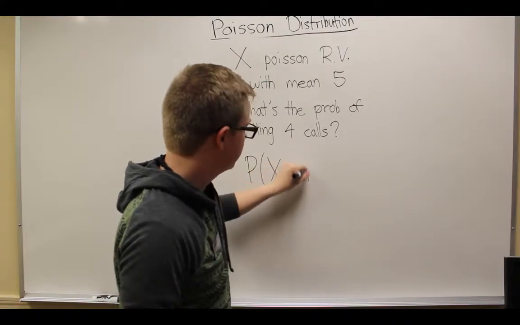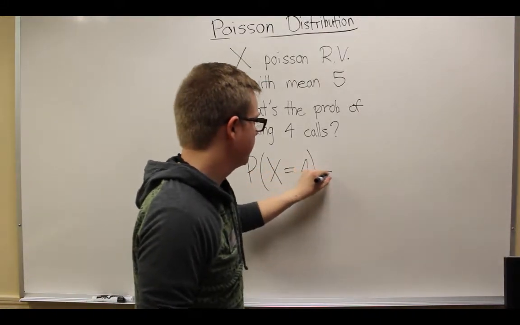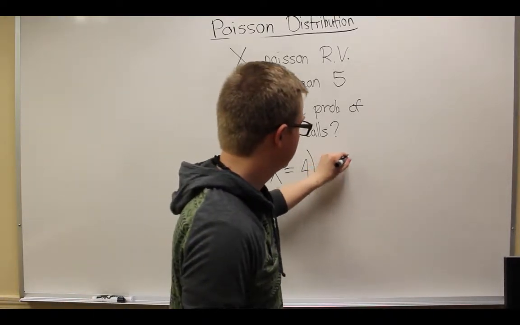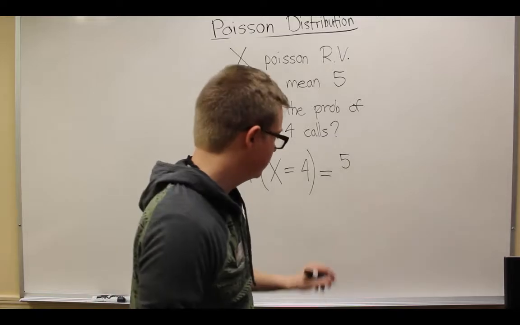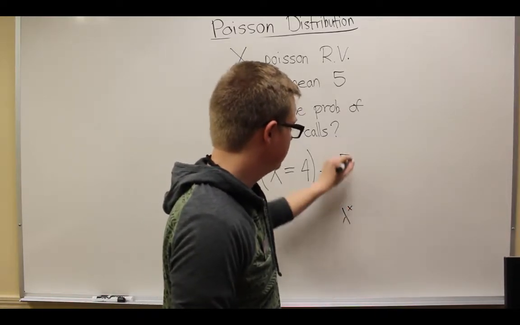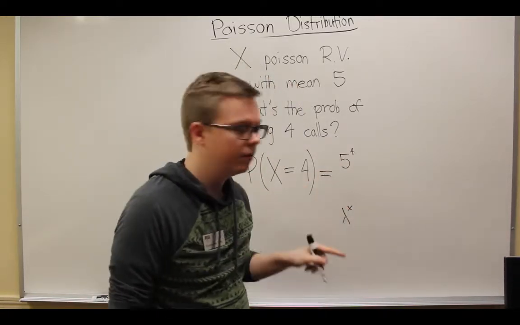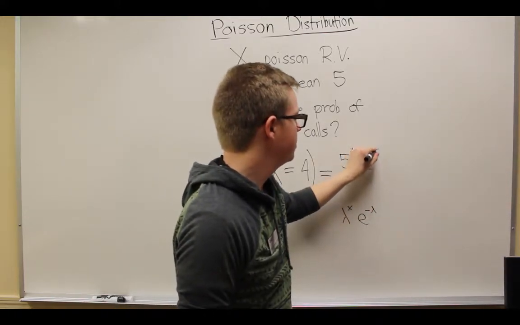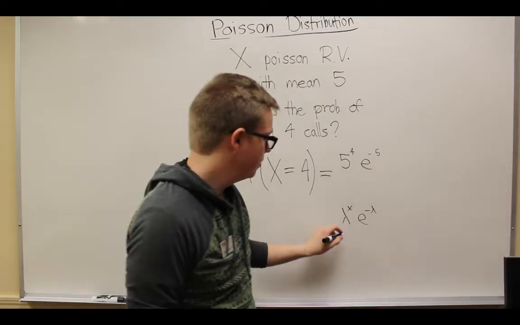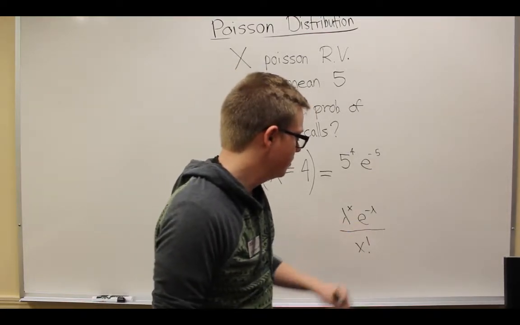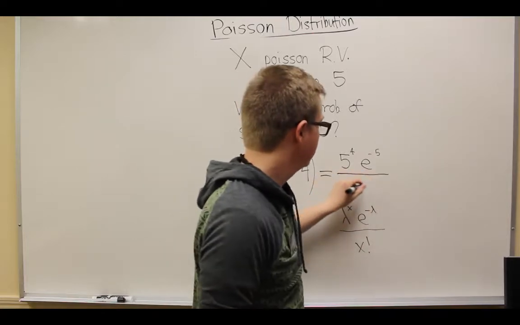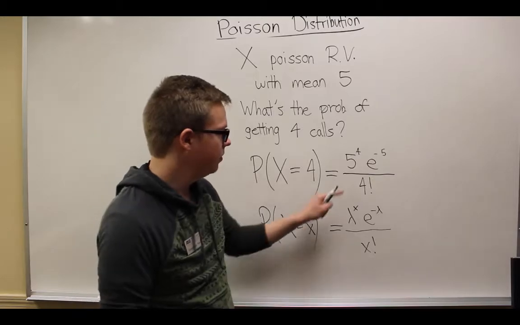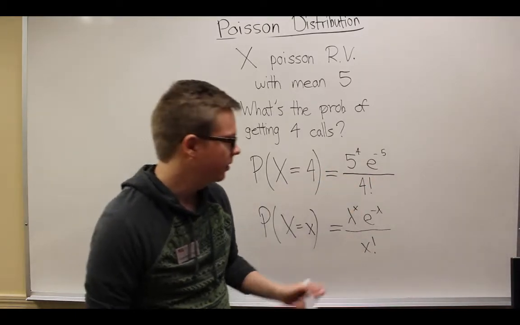the probability that capital X equals 4, and you may need to look back at the PDF for this one. Remember, we take lambda, which is 5, so I'll write it down here. Lambda to the x, so 5 to the 4. Then e to the negative lambda, which gives us e to the minus 5, divided by x factorial. If you plug this expression into your calculator, you should get